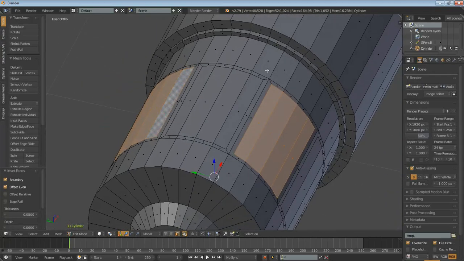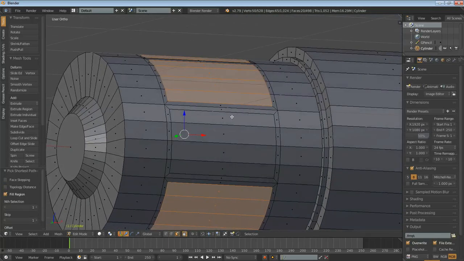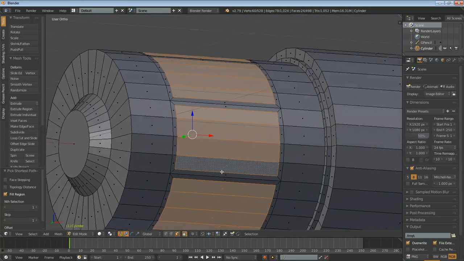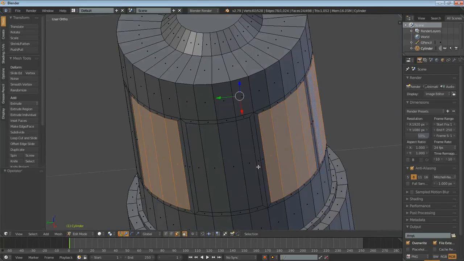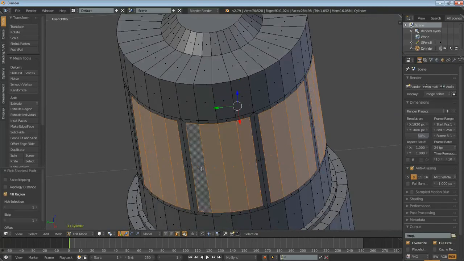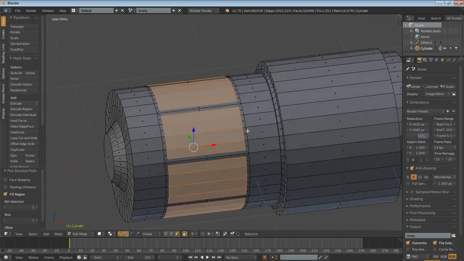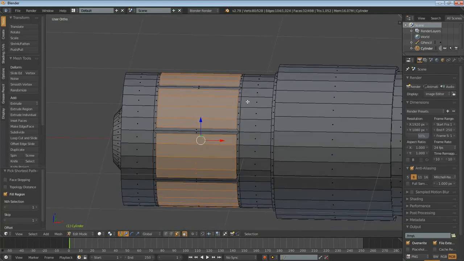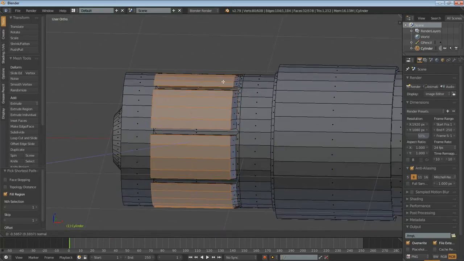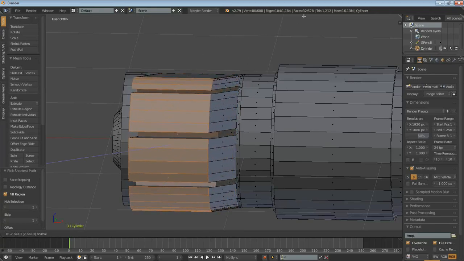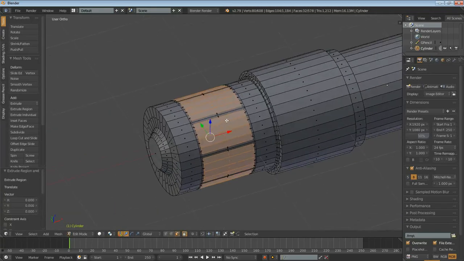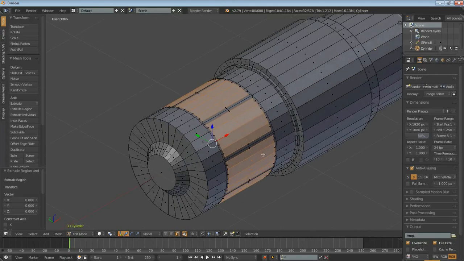Now what we need to do is select the other ones that we had just used the inset tool on. So I'm going to right click select this, then Shift Control, Shift right click, and so on, until we have all of these selected. Now that we have all of these selected, we can extrude it, and you can see it's extruding it outward, and then we can hit right click so that it will snap back to where it was, and then